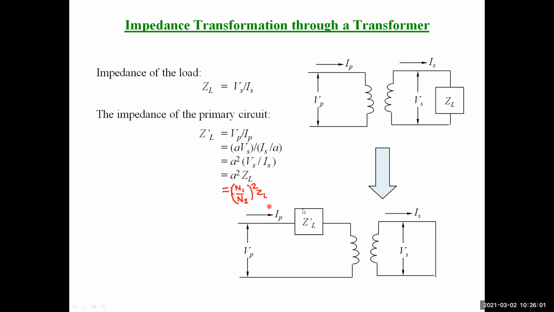Then, for example, if ZL is on the primary side, how do we transfer the impedance from primary to secondary? For example, let us assume this is the circuit diagram. The primary impedance is connected like this, ZL. Let us assume this is ZL. This is called the transformer winding.